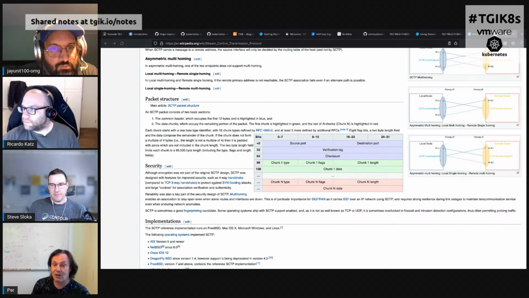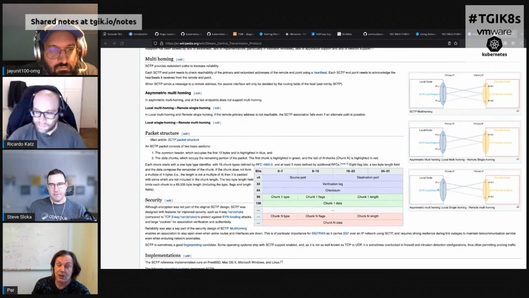Because TCP is a stream, right? You have to read it, and then you have to frame everything that's in there. Whereas with a packet-oriented protocol, you get the message, and it has a format. So that's what they wanted to do. And instead of doing something like QUIC, or something simpler, UDP with retransmit, they came up with this